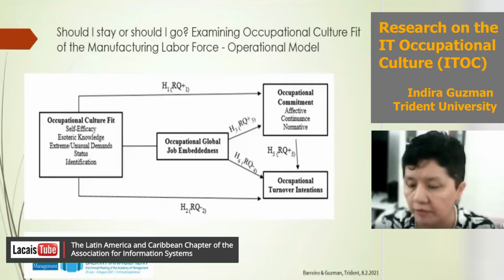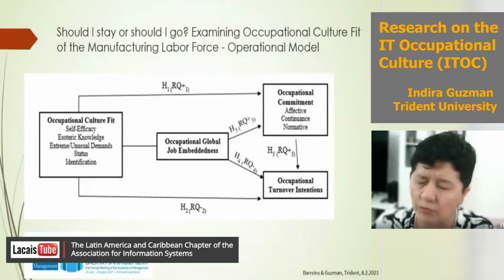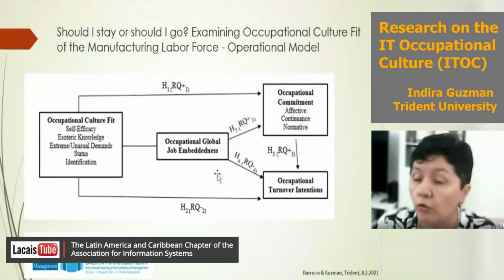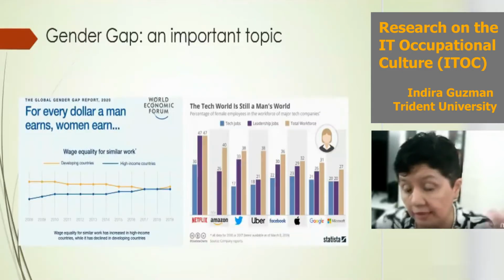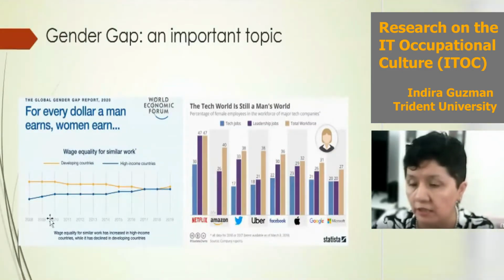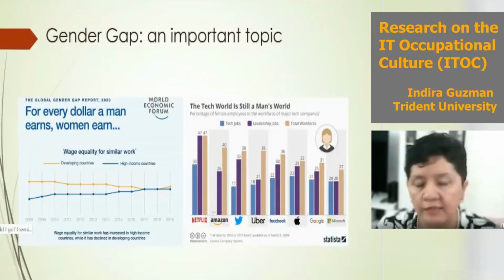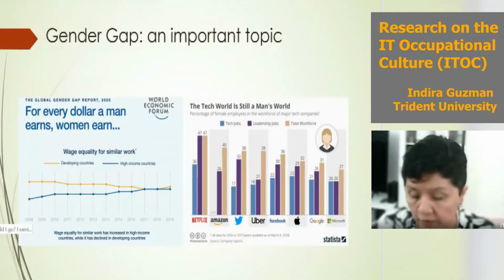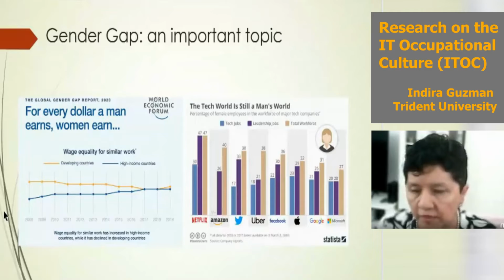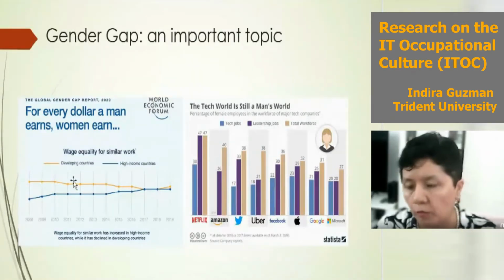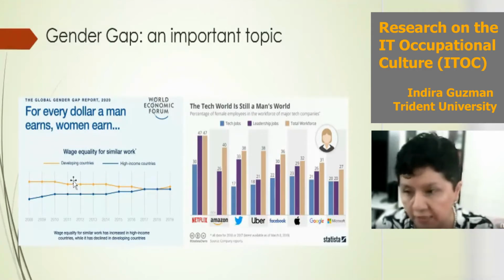Recently, this is a 2021 presentation at the Academy of Management I had with one of my students, where we used the IT occupational culture, but for the manufacturing labor force. Remember, I'm in a college of business, so I have a student who worked on that, and that was one approach that we are taking. The other one, combined with the Latin American work, is looking at the gender gap, at the IT occupational culture nowadays in 2021, and what cultural dimensions are more difficult to adapt to women. Is it the leisure time or not? Is that still an important factor? What others, and especially which ones can influence commitment and the move to leadership, which is, remember, a problem.